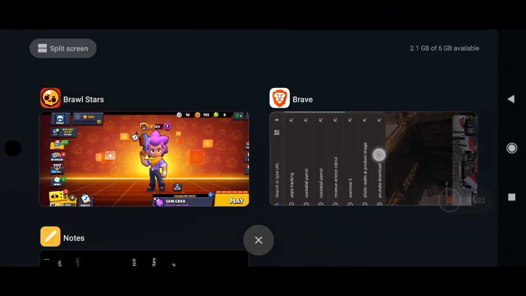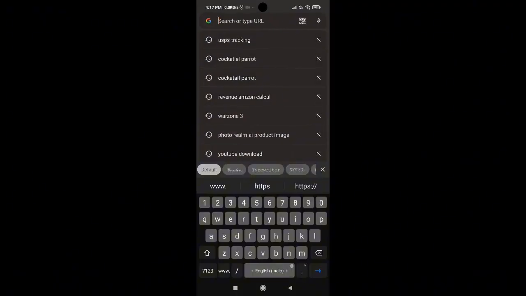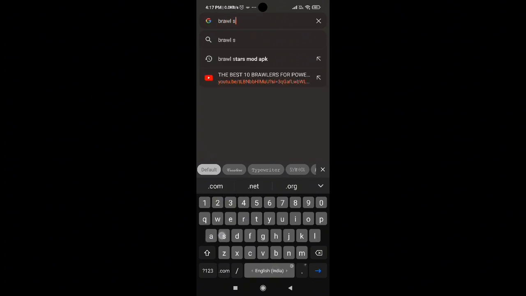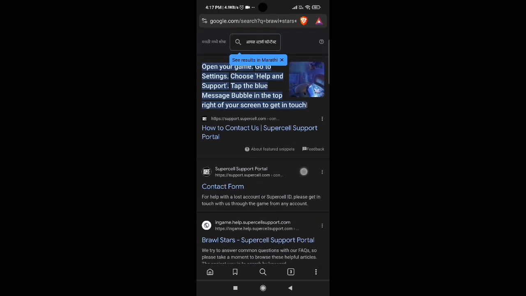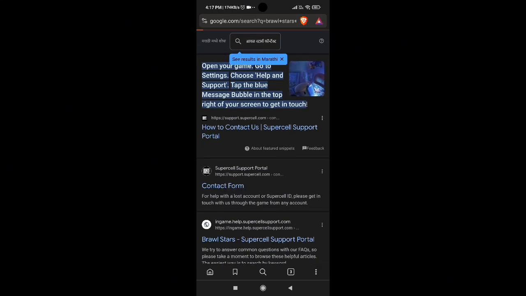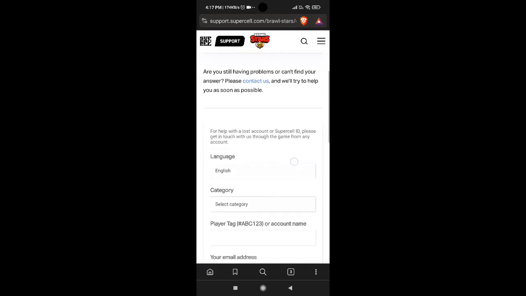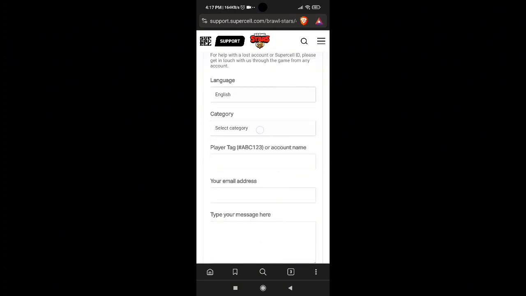So let's go to Chrome, any browser you have, and just simply type Brawl Stars support team. So as you can see, this is the contact form here. Click on it, select your language, select your category,